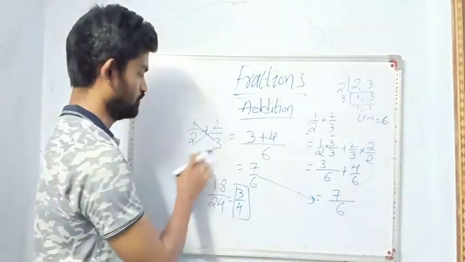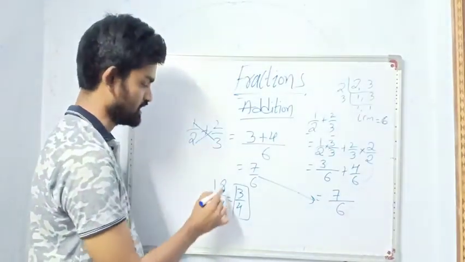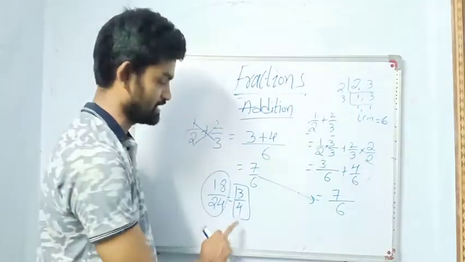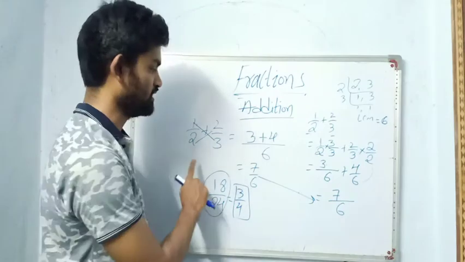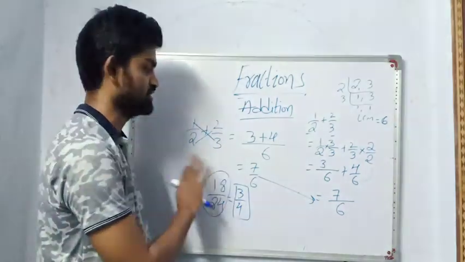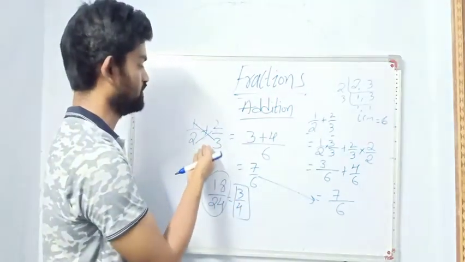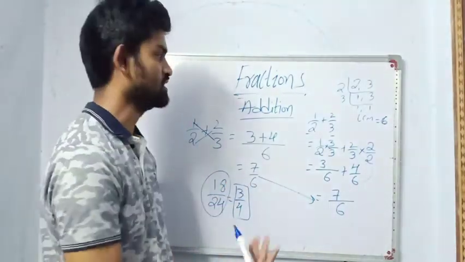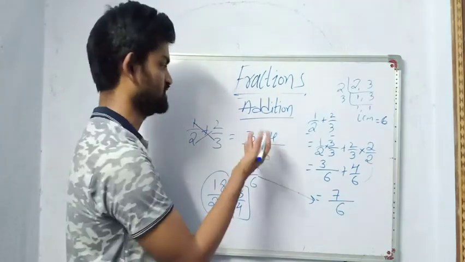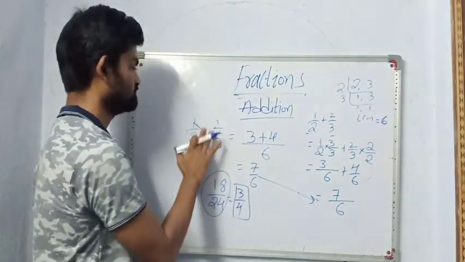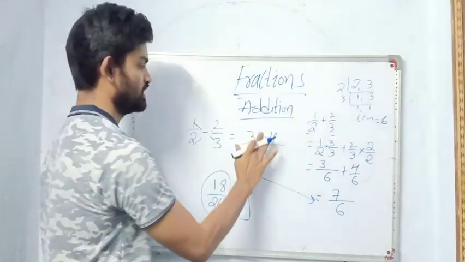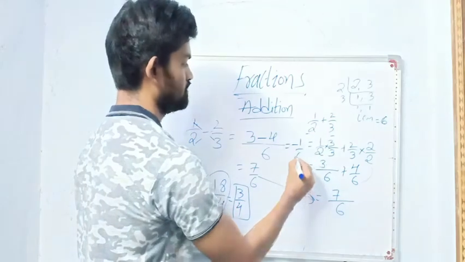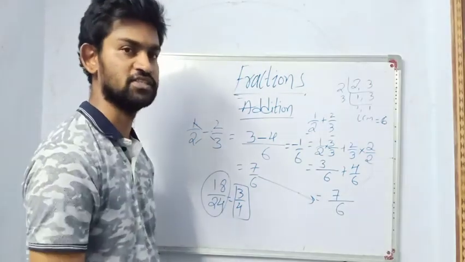Okay, if you are getting this type of answer, then you have to reduce it to its standard form. Okay, simple way to do addition or subtraction. In addition we are doing plus; in subtraction we will just keep the negative sign here and solve. This is addition and subtraction both. You can just change the sign. If minus is here, we'll keep minus here. 3 minus 4, how much? So that is minus 1 by 6. That's it. It's an easy way to do.